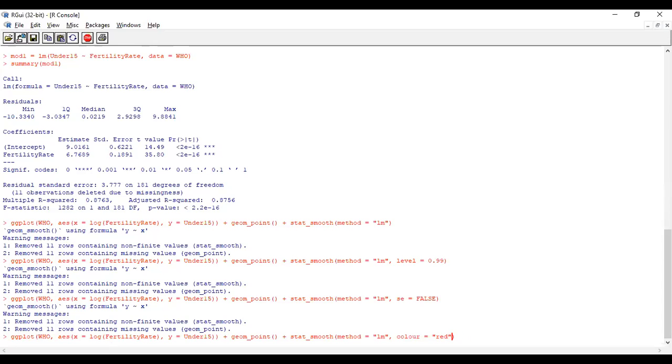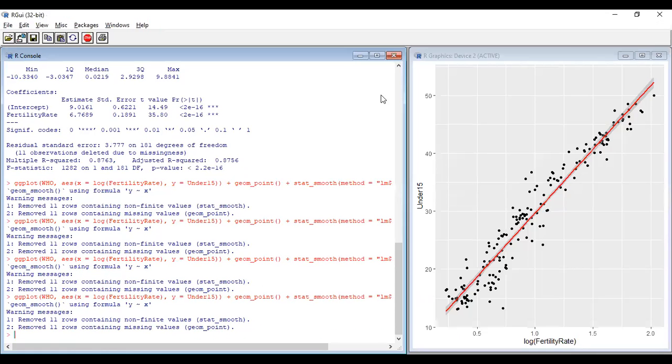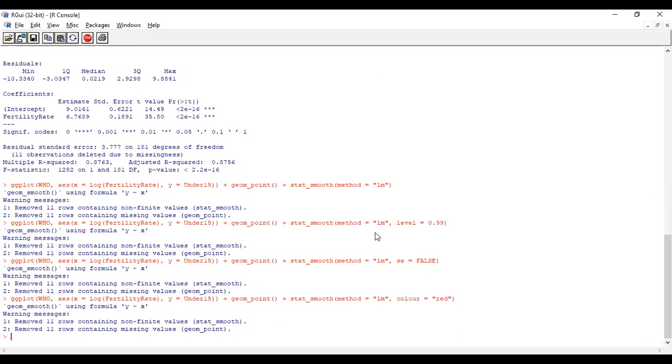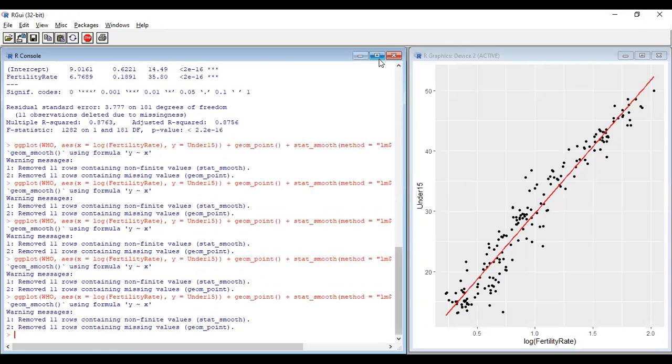Red also you can put. Here, red color. se equal to FALSE. Only the red line will be there.